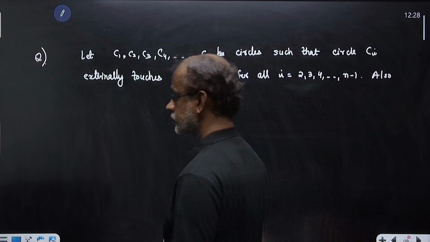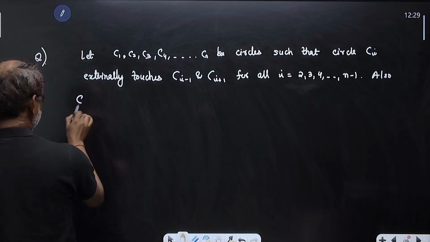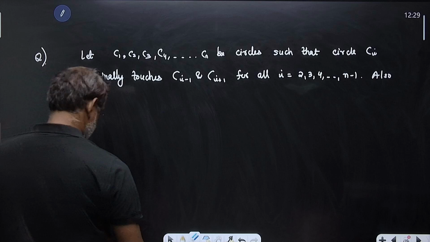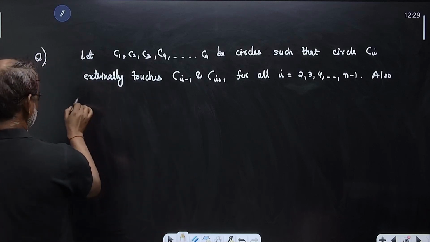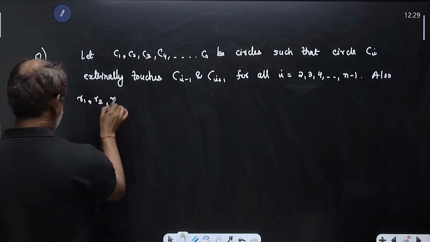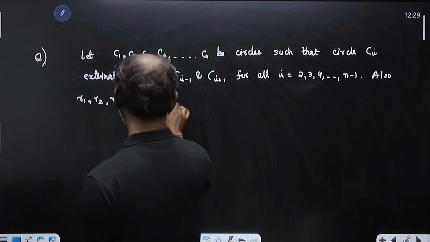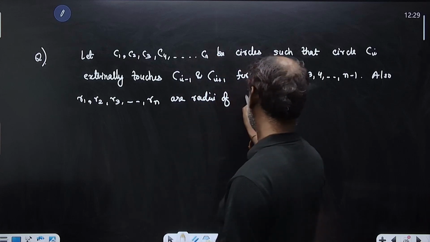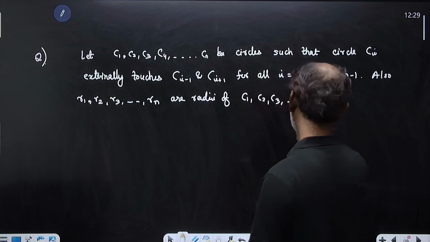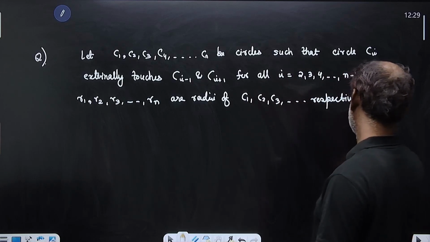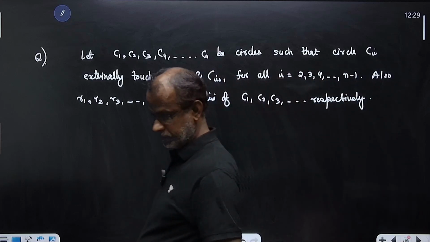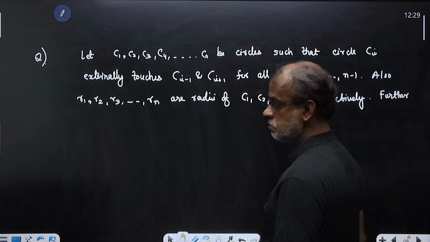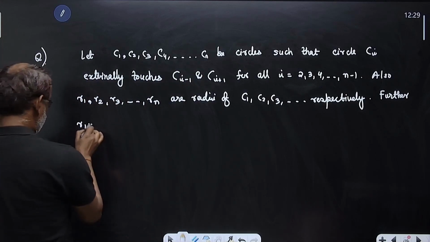Also, R1, R2, R3, ... Rn are radii of C1, C2, C3, ... Cn respectively. Further, R1 is equal to 1,